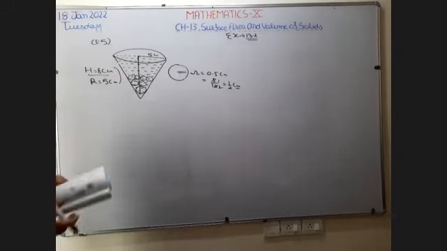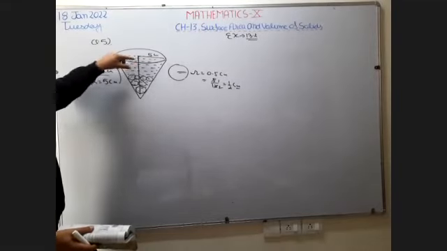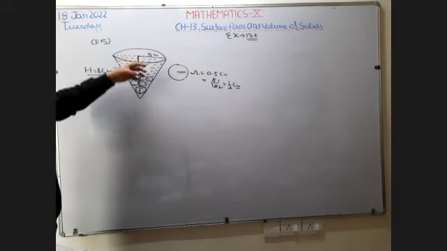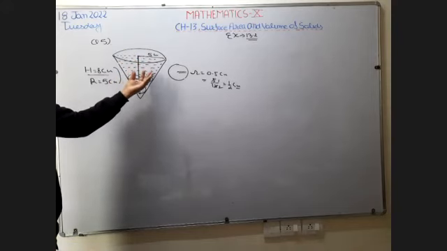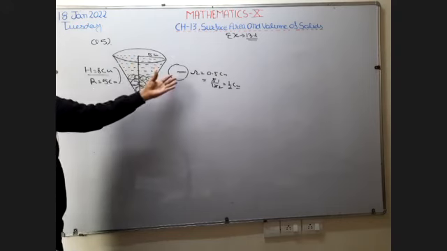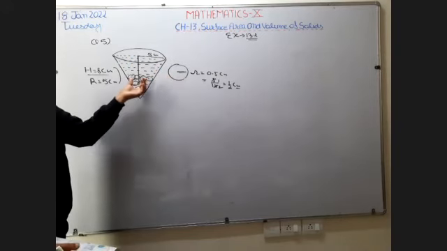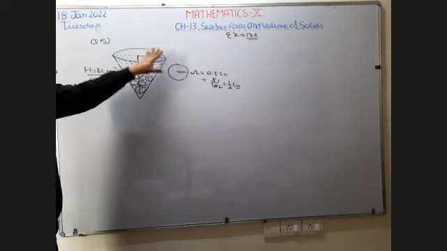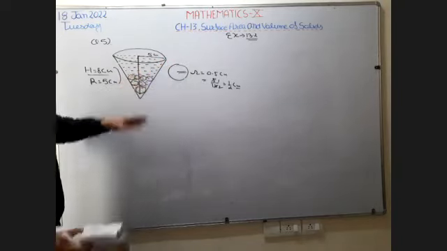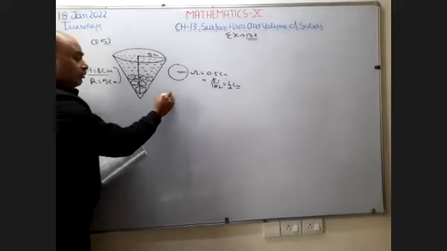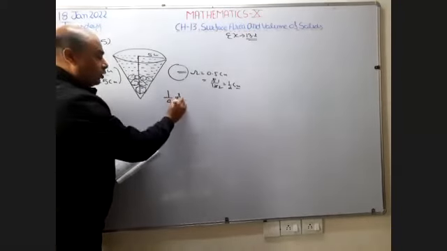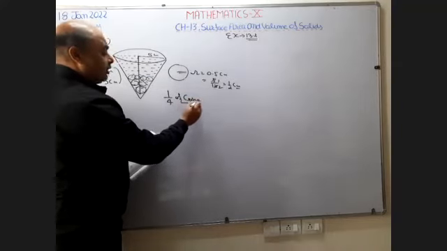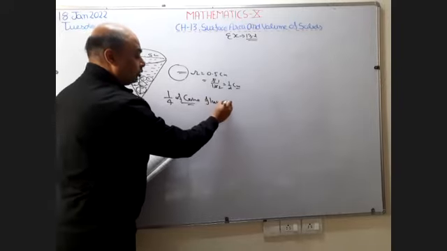Why is it going to flow out? Because the vessel is filled up to the brim. When we drop another solid in this vessel, it is going to displace the water, so the water starts moving out. When we drop this spherical lead shot in the conical vessel, water starts moving out. What water flows out? It is given as 1/4 of the conical vessel.